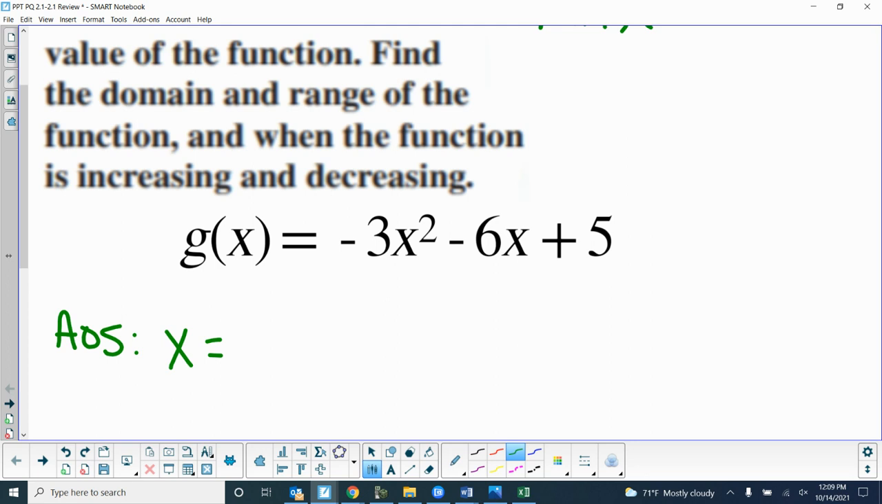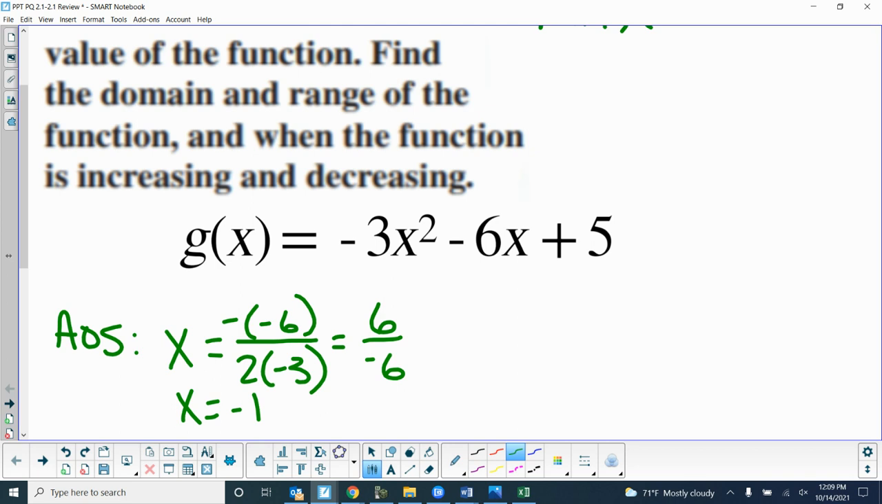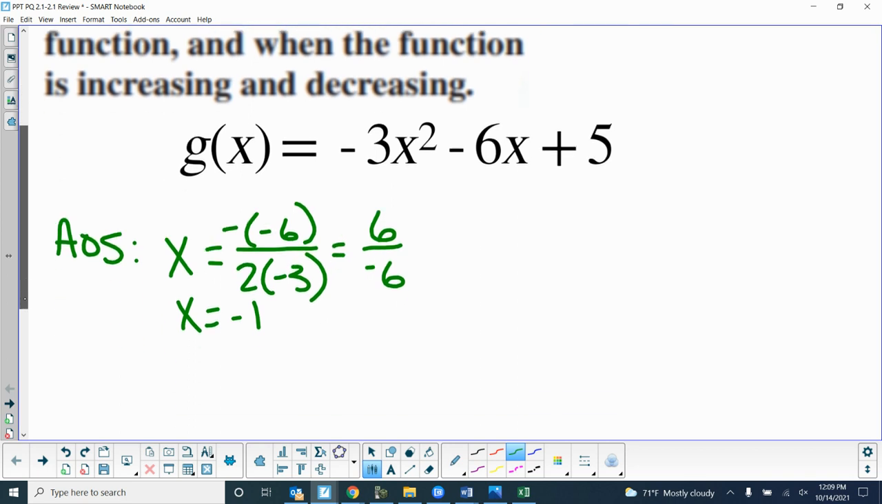What's negative b? Negative 6. Well, yeah. So it ends up being negative 1. Is it negative 1? Yeah, I guess it is, because a is negative 3. All right, good. So then I use that negative 1